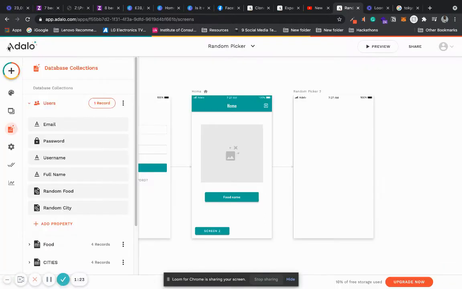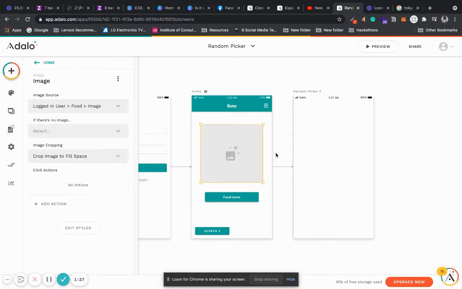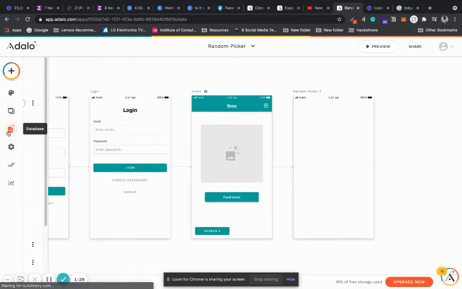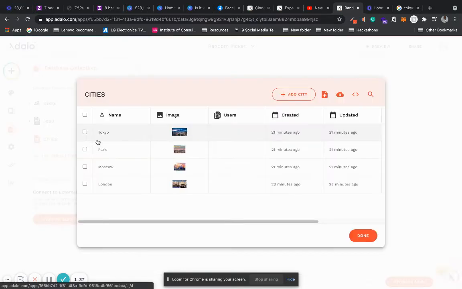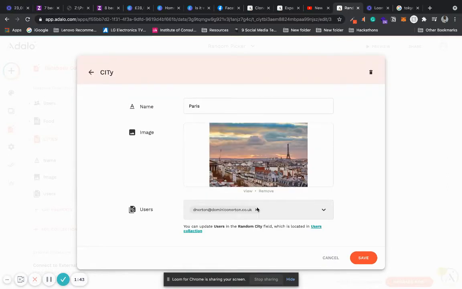I think we're going to do that for cities though. All I have is the component and an image. To get started for cities, what you do need is a database of items. So I have a database of food for that one, and I have a database for cities for the one we're going to do now. And I actually, if I remove some of this old data I have,